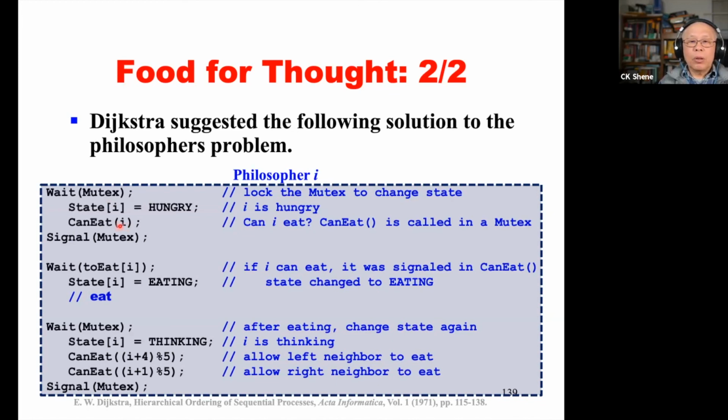So anyway, this philosopher i won't be blocked in the can eat function. Philosopher i returns, releases the mutex, and then waits on the to eat semaphore. If previously philosopher i could eat, philosopher i has already signaled itself. Therefore, the to eat counter is 1. On the other hand, if philosopher i, through calling the can eat function, cannot eat,